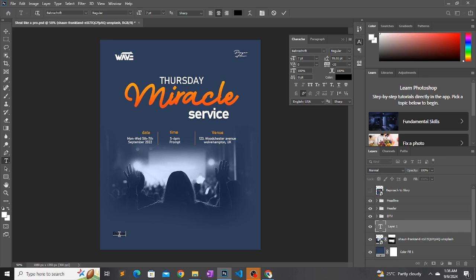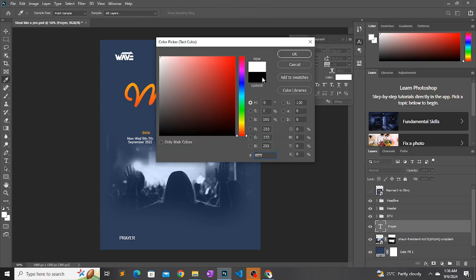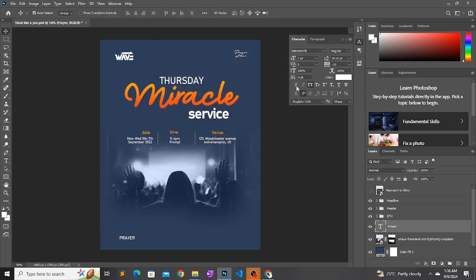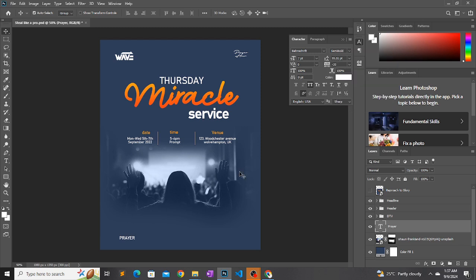Prayer, okay, it's supposed to be capital letter, so you can see I'm changing it in character. It's supposed to be capital letter, and then I make sure it's something bold. Prayer,